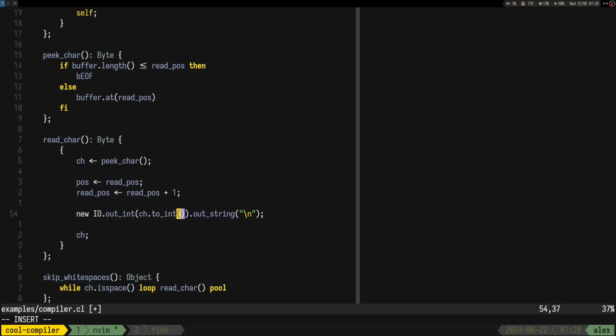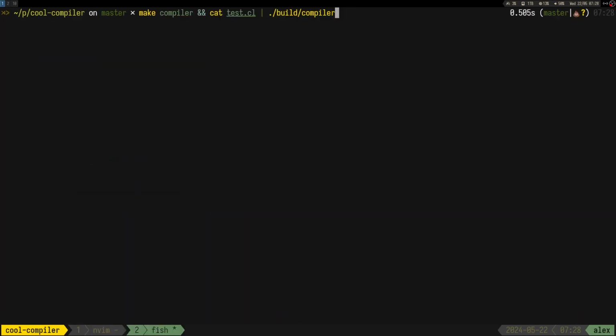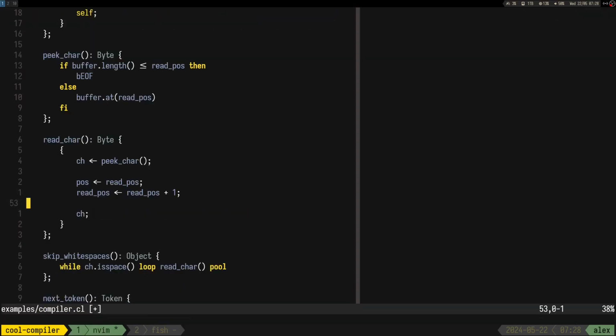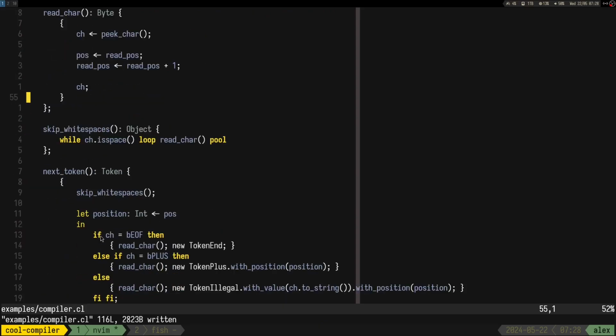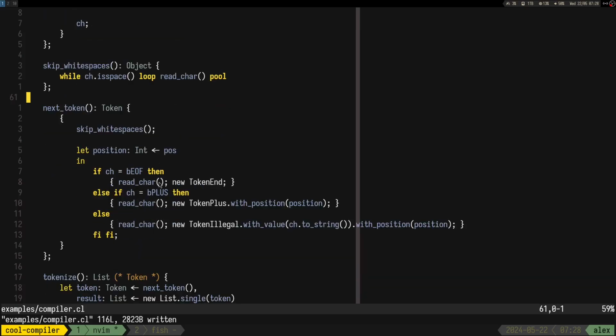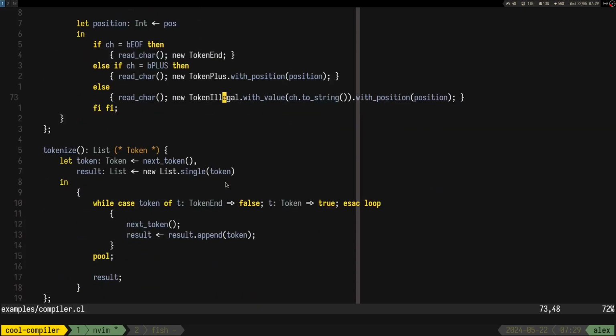So ch to int, let's see the character, so it starts to be 0, right? So then shouldn't it just do token end? Nice debugger, bro. Okay, so it gets here, right? So it does token end. That's good.